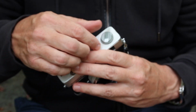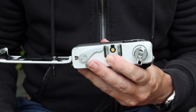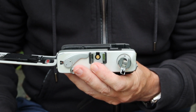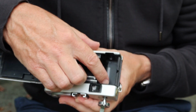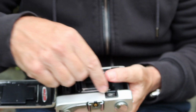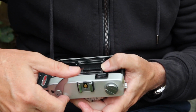Loading film into the camera is quite simple. You simply pull up on the rewind knob, open the film door like so. And here you have the film chamber. This camera is still kind of dirty on the inside because I haven't started working on it yet. You would set your film canister here on the left side and push down the winding knob so it holds the film canister in place. Pull the film leader across the opening here on the back and feed it into the take-up spool, and then simply